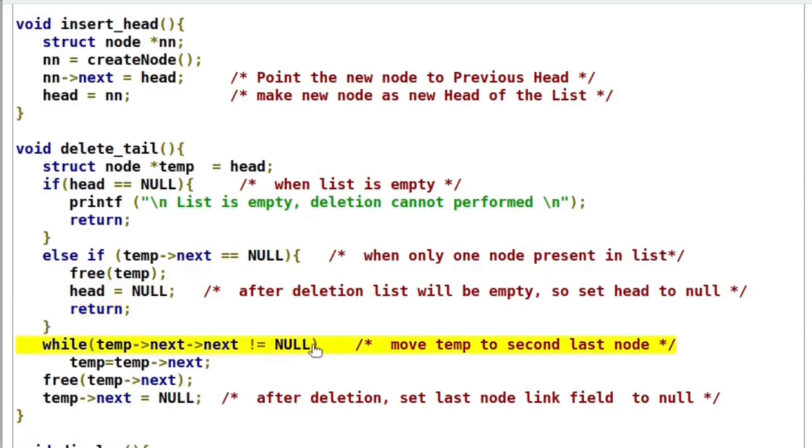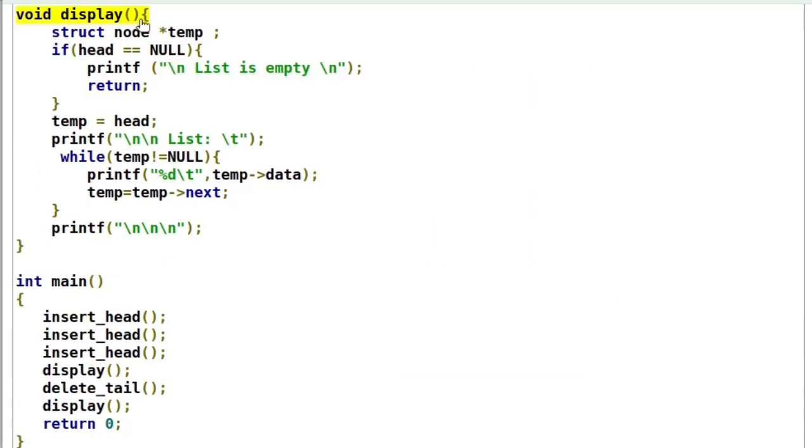Suppose we have more than one node, find the second last node within the list, then delete the last node. After this while loop completion, temp will be at the second last node. So the last node can be accessed by using this temp next. Delete that last node, and after deletion set the second last node link field to null. With this statement, this display function will print the linked list. If we execute this program,